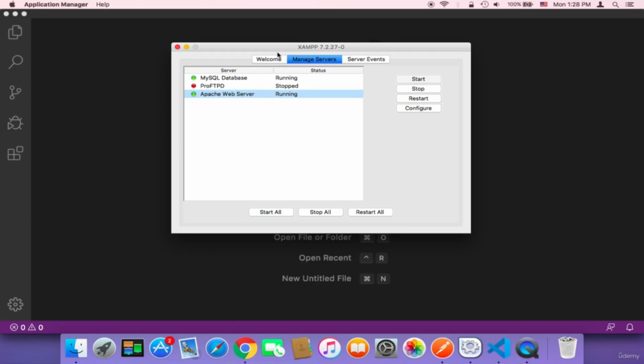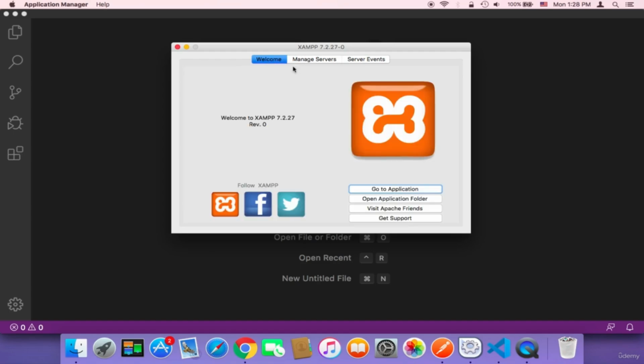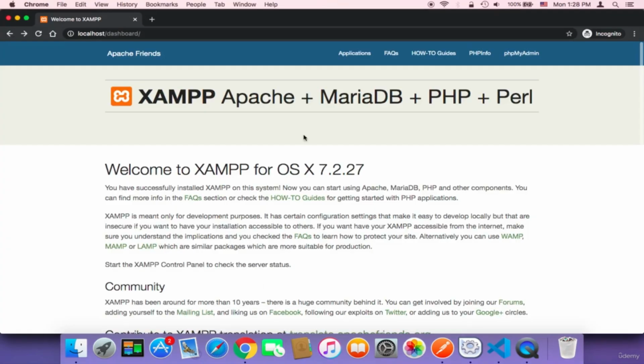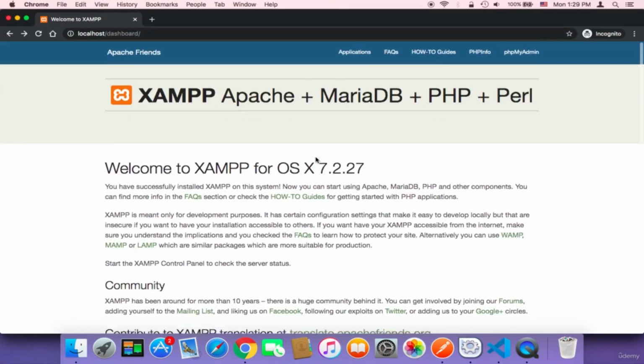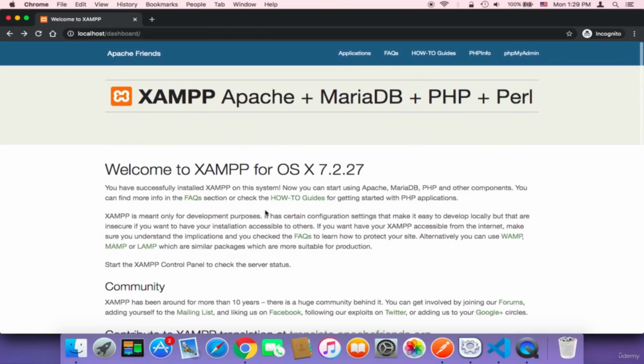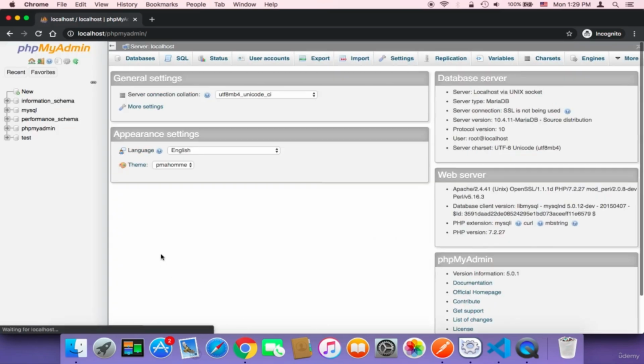Once these two are running, go to welcome and then head on over to go to application and click on it, and it will open the localhost. And here in the localhost, you can check information about your PHP installation and your database as well. So if I go to phpMyAdmin, it will open phpMyAdmin, where I can manage my databases and tables and do